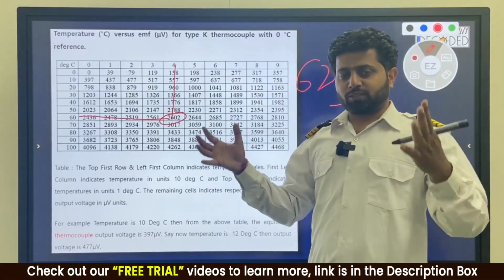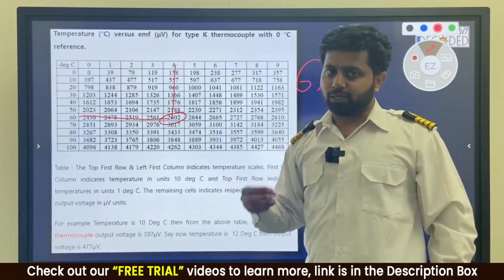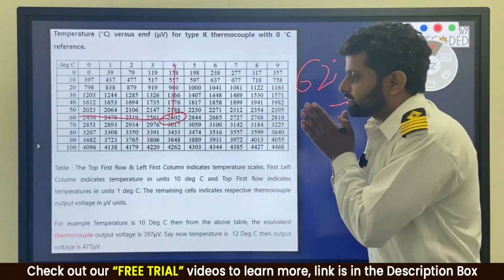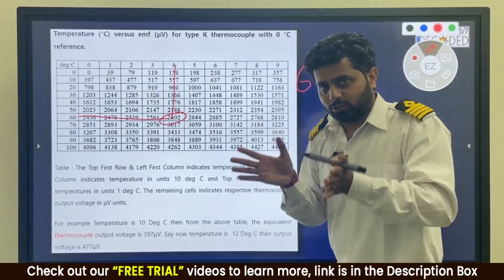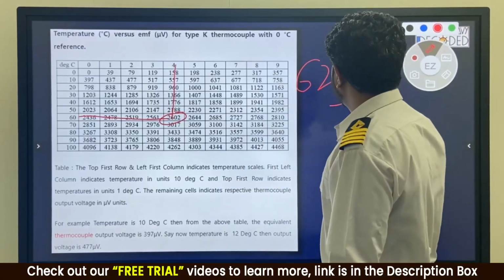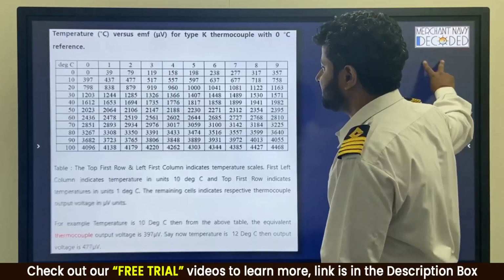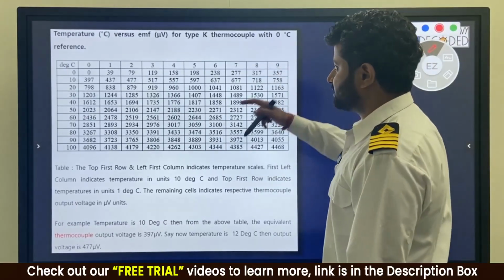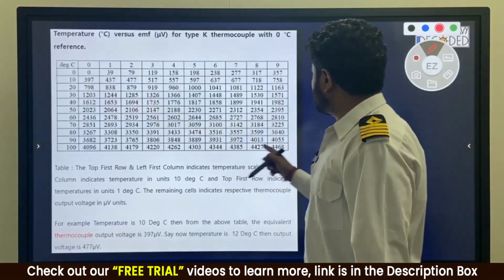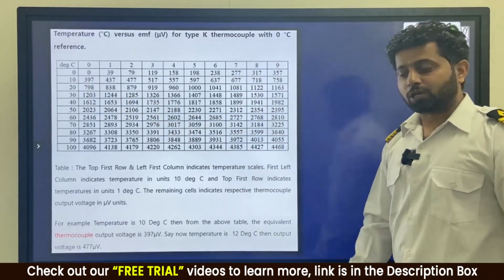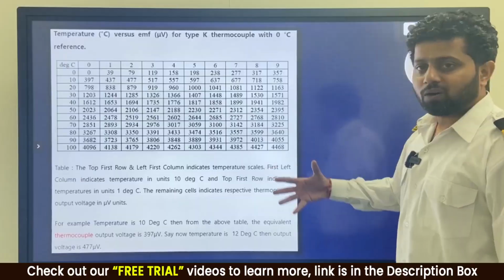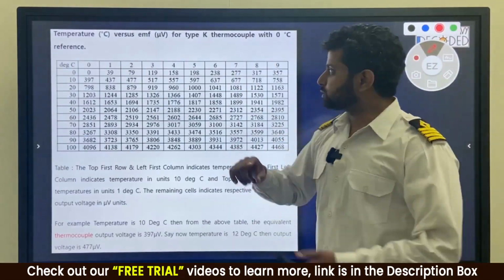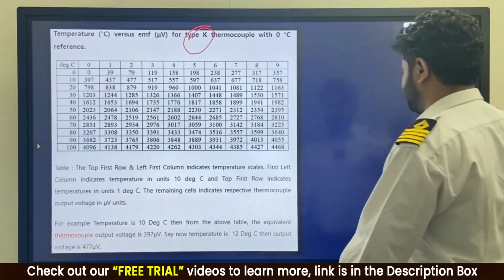But this is a chart that we have got. In case of automation, in case of controller, it automatically calculates and sends us the signal over there. Brother, this much temperature is there. Main engine unit 1 exhaust temperature is 475 degree centigrade only. Now over here, can you see one more thing, that the maximum range that you have for a K-type thermocouple is from 0 degree centigrade to 109 degree centigrade only. But thermocouple has a lot of big ranges as well. So it depends on the type of thermocouple as well. Type, this also you have to know. Copy it guys. Again, moving ahead.